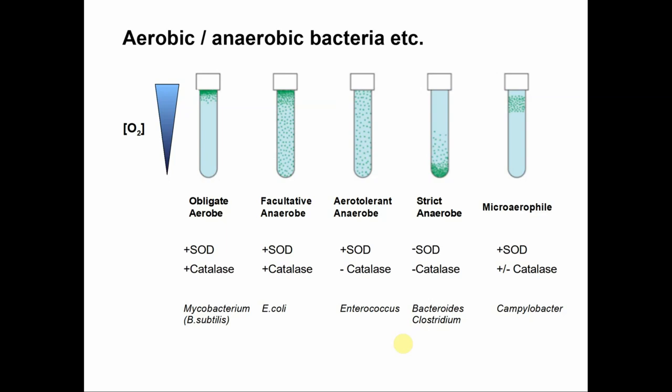Now, aerotolerant anaerobes will only have superoxide dismutase, but no catalase. Catalase is going to catalyze the splitting of hydrogen peroxide into water and a molecule of oxygen. So if you have these 2 enzymes, then this superoxide radical can be completely converted into harmless compounds. Whereas if you only have the superoxide dismutase, you can reduce the toxicity of the superoxide radical, but you still